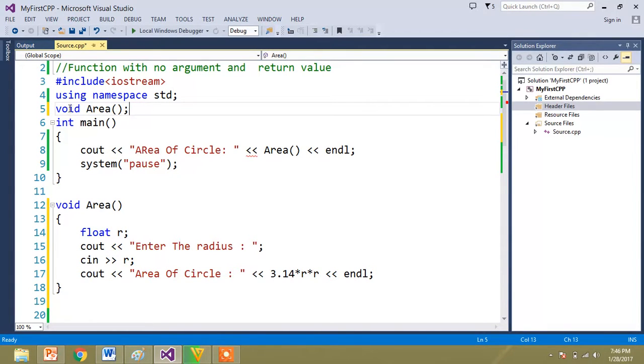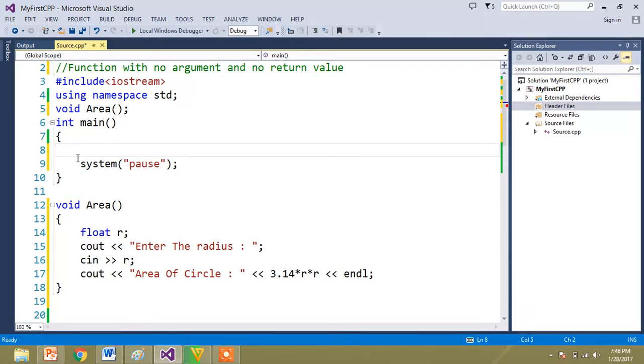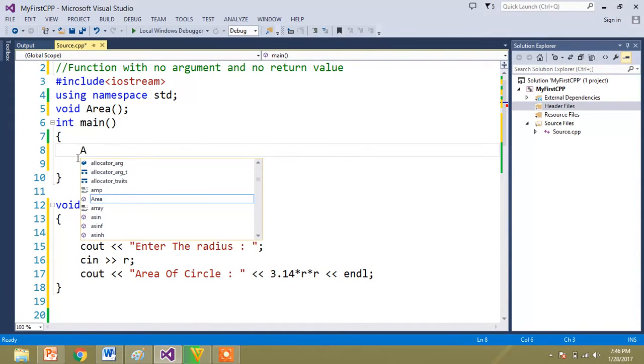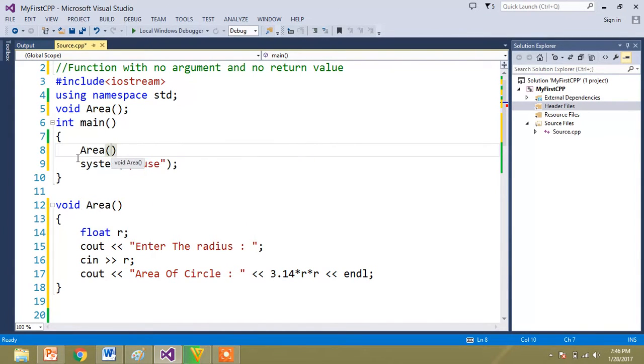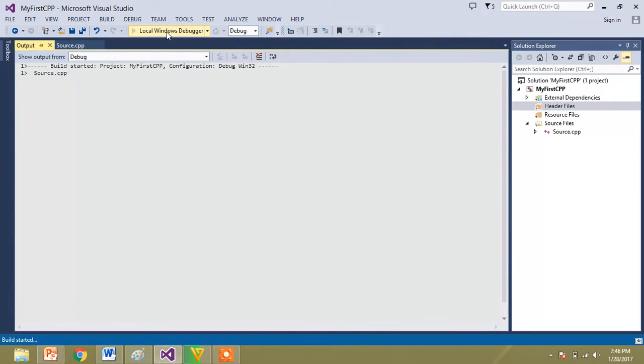Now see here, void is nothing but it is not having any return type. You are not passing any arguments inside the function, so no arguments, and you are not returning any value. So you are directly calling the function by its name. Now it goes to the body of the function, and the required result is to find the area of the circle.